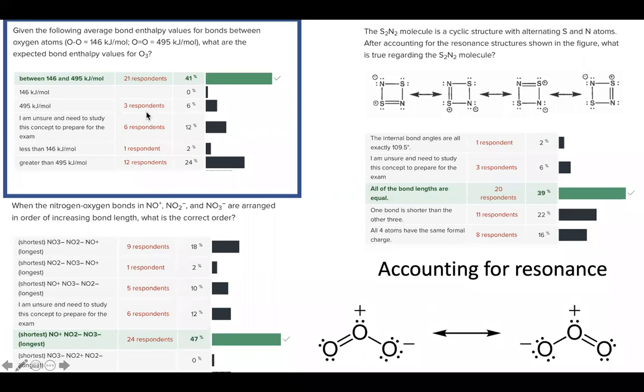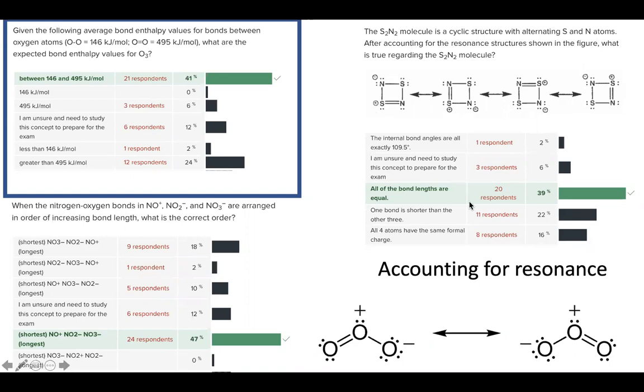That averaging, we said, affected the bond order, the bond length, the bond strength. Instead of having a single bond and a double bond, you got an average. It's somewhere in between those two values. That's what it's getting at with this question. The idea of saying that you have an averaging of the environment, that's what's also taking place with this question